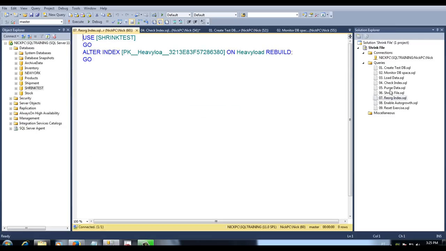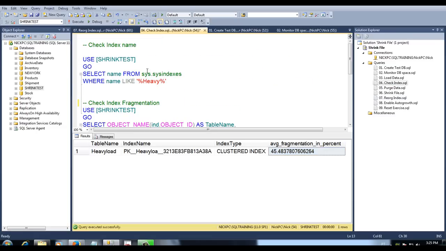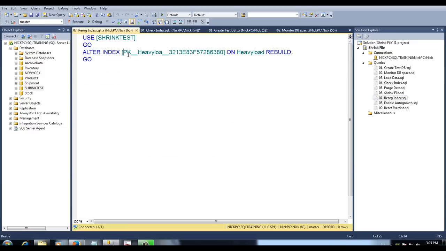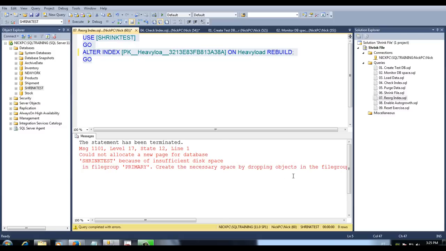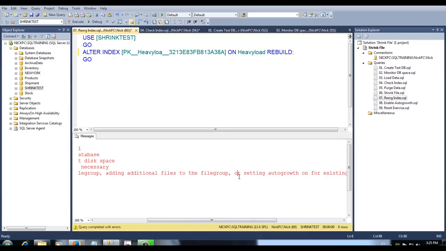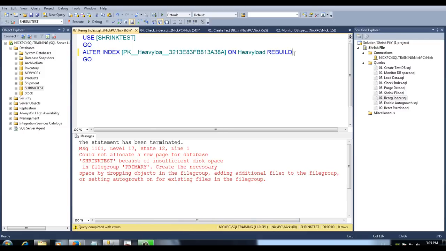So let me pick the index name again. This. I'm going to run a reorg index, changing the index name. So alter index, the index name, on table heavy load. I'm going to rebuild it, see what happens. It's going to give me a space error because the primary file group is full. Because the rebuild is a more costly operation for the transaction log and for the data file than the reorg. So I'm going to use reorganize instead